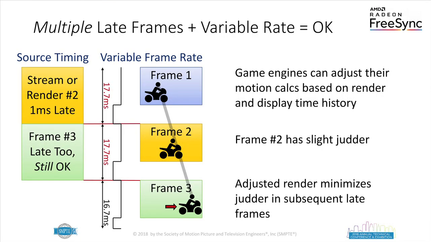Some of the neat things that the game engines can do, though, is in this case, I'm going to have 2 frames that are late. So the first one, you still get that little bit of tracking error. But what the game engines can do, and they do this for a lot of other reasons, is if a game engine sees that a scene is difficult to render and maybe you're dropping to 40, 50 frames a second, the game engine will say, well, I know I'm late, I know I'm in this scene, I'm just going to adjust my physics timelines to, I'm going to render knowing it's going to be presented, say, at 40 or 50